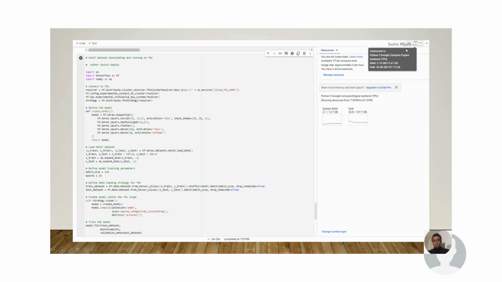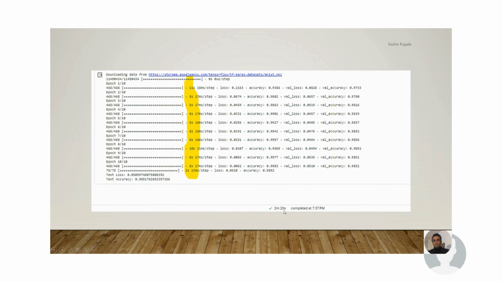What I did is I changed the runtime to TPU. I added some TPU-related libraries and used some APIs to initialize the TPU system. And I reran the same program. As you can see, the RAM and disk space are the same, but this time I made sure that a TPU is there. I reran the entire program and it took close to 2 minutes and 20